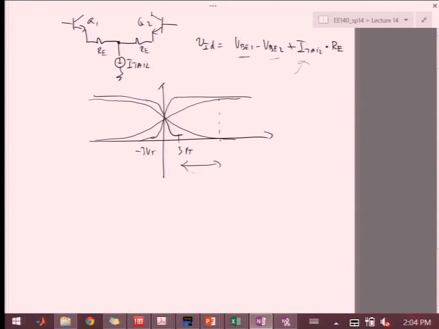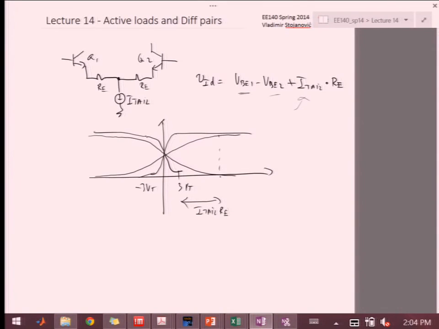And this stretch is by I-tail RE. Okay. So you're kind of absorbing the shock on each side by I-tail RE. And you can know that just intuitively that at the point where this guy is no longer conducting current, all I-tail is going through RE. Right? So at that point, VID is